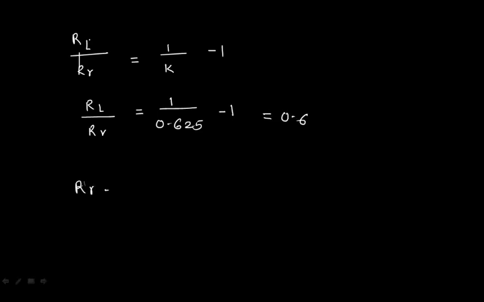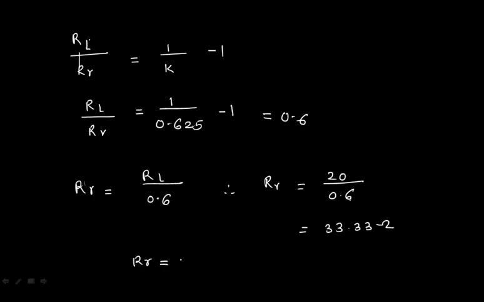So RR is equal to RL divided by 0.6. Now if you calculate this RR, this will become 20 by 0.6, which is nothing but 33.33 ohm. Please try to calculate it with me so you'll understand how you're getting the result. So finally whatever RR I'm getting is 33.33 ohm. This is the way you can solve problems based on antenna radiation efficiency and gain. Okay, so this is the way you can solve this problem.